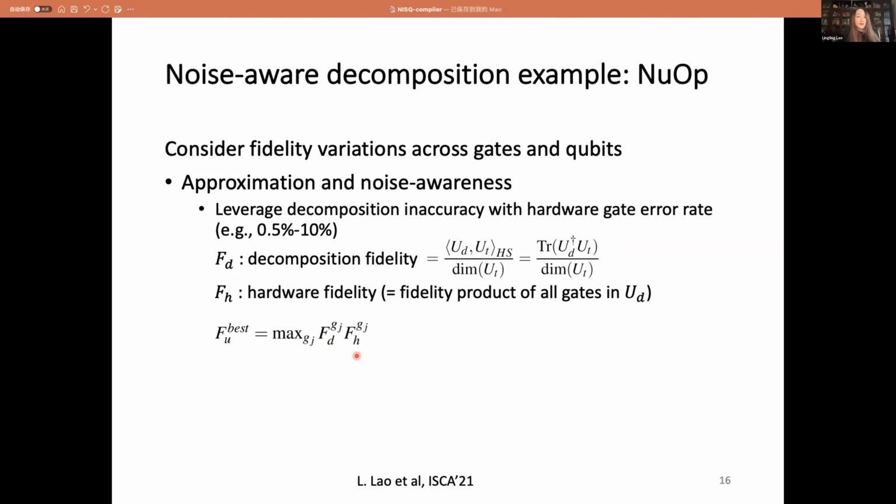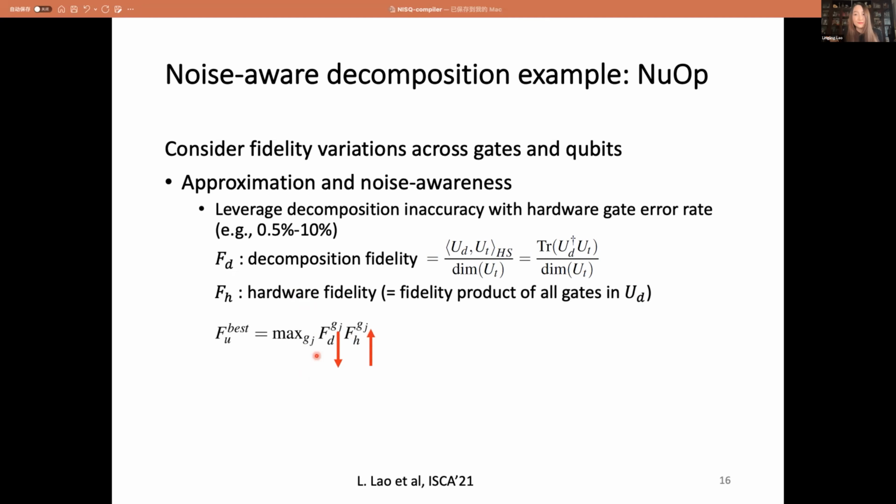And here, we know that in current quantum hardware or even in the near future quantum devices, the gate error rates are normally quite high. So the hardware fidelity is quite low. And in order to improve the implementation fidelity, we could trade off the decomposition fidelity against the hardware error rates. So that is, with an exact decomposition, we may require many native 2-qubit gates, but they have quite high error rates.